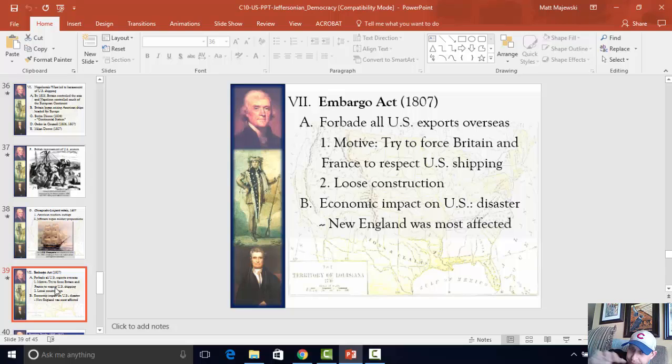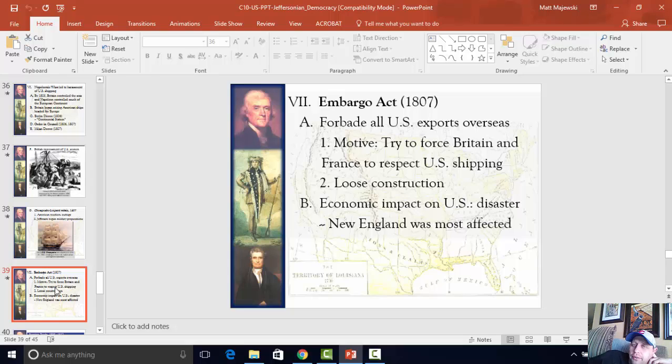His idea was, hey, France and Britain need our products, and we're going to not trade with them or anybody else so they can see just how important our trade, our shipping is to them. And when they see how much they need our products, then they're going to be forced to respect us in the future. They're going to be forced to stop these orders and councils and this harassment of us. So he basically says, yeah, we're going to suffer from this, but ultimately the other sides are going to suffer from us more because they need our trade more than they think that they do. All right.